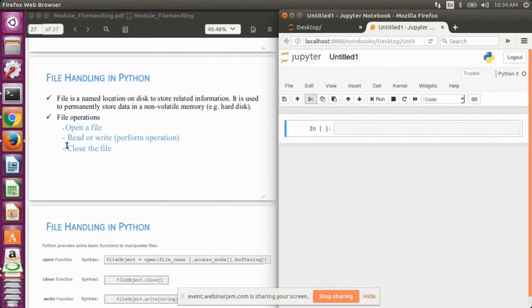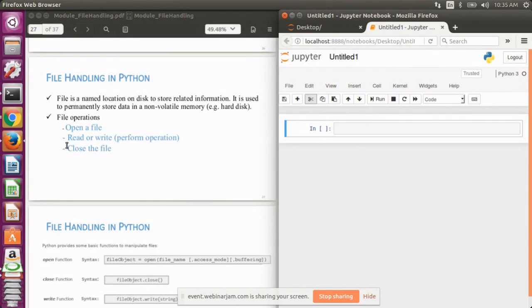If we want to keep or save some data on the hard disk, then we can make use of the file system. First we create whatever data we have, we generate the output, and save that output in a file. To create a file or to basically access a file, we need to follow three steps,